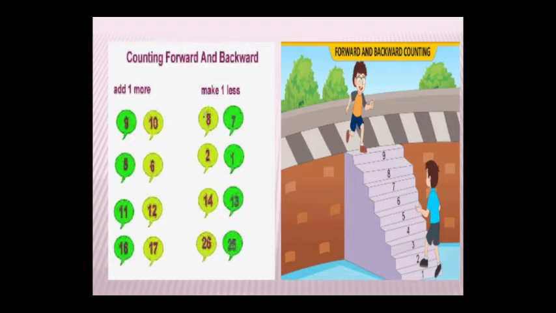Here you can see one picture. See, 2 boys are there. One boy has already climbed up and the other has to get down. See, if we want to get down, the number will decrease. You can see here, this boy is going down, so the number decreases by one. And the boy who is standing down, he is climbing up, so the number increases by one. So increasing means you have to add, decreasing means you have to subtract. So these two are the examples.